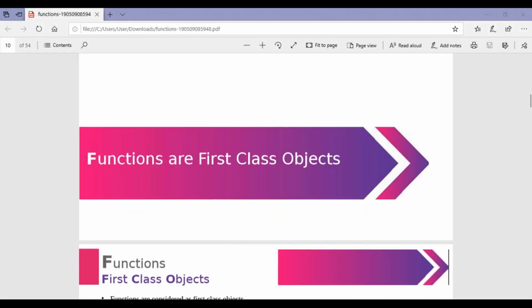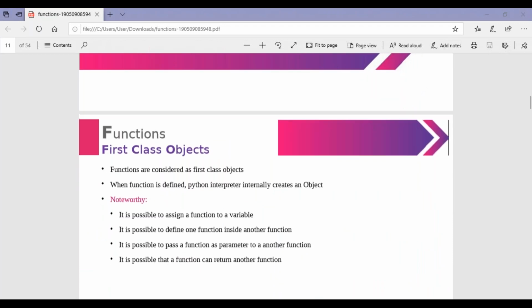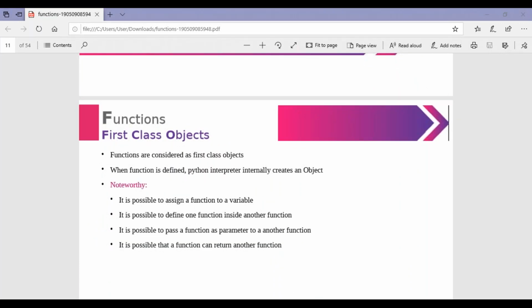Now, see, functions are first class objects. How? Functions are considered first class objects. When a function is defined, the Python interpreter, as you already saw, interprets your entire logic and builds it. So the interpreter internally creates an object automatically.